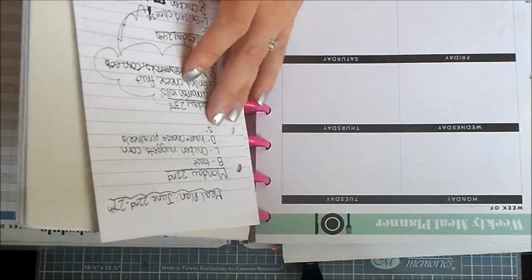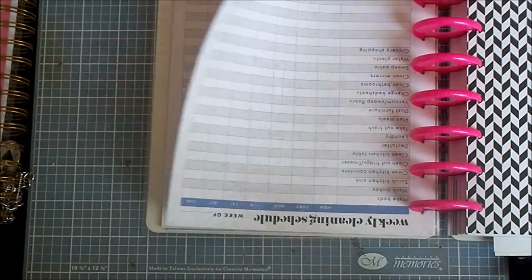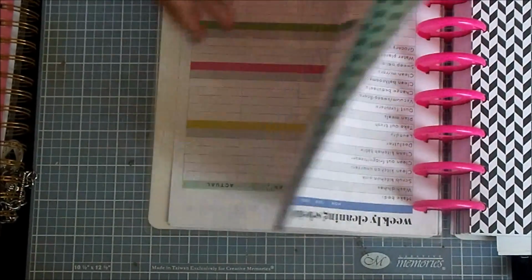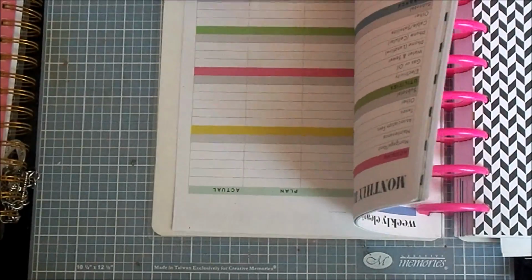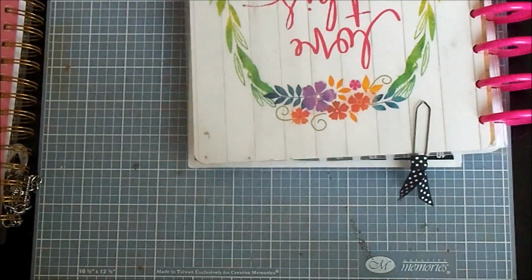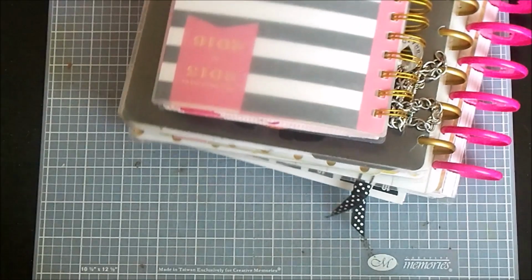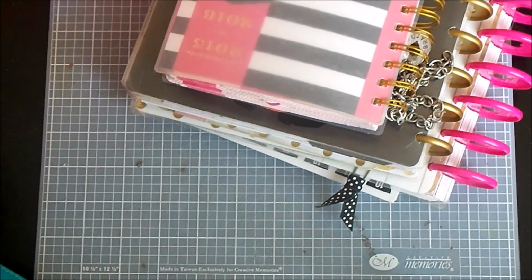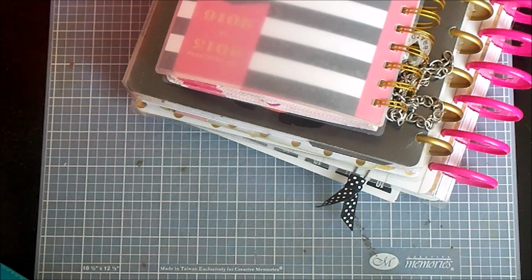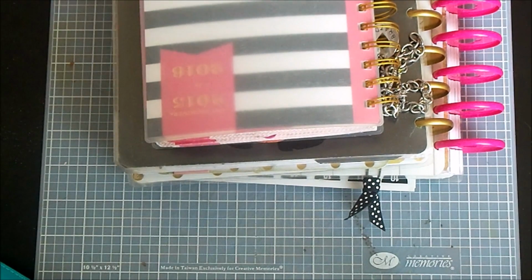And then with that same pack, there's a list of house cleaning. I didn't really use any of those. And then there's a budget thing back here, which I didn't really use any of those either because I have my own budgeting system. So anyways, and then, boy, it's quite the stack. So now on to the two, yes, I only have 2 planners. Well, I guess 3 if you count my memory keeping one, but the 2 main planners that I use,